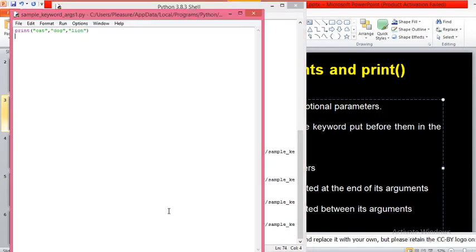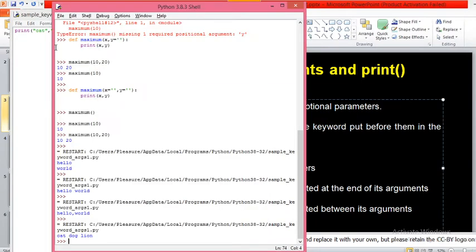Always by default, when you have comma separated strings or any data in the print function, they are displayed with a space as the separator.